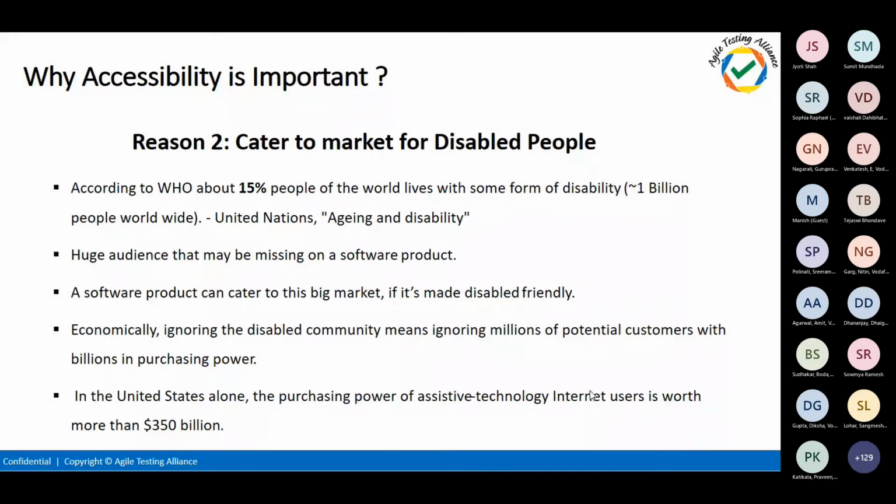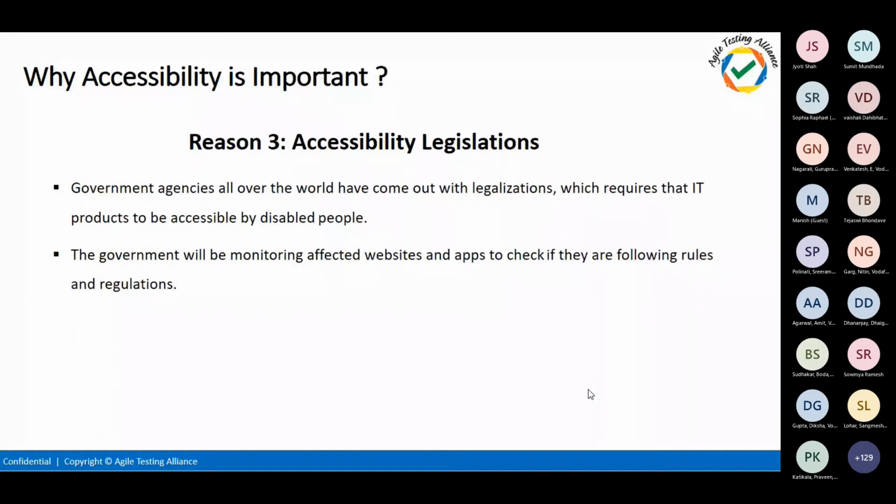The software we have has a big market, because lots of specially abled people are educated and willing to access the internet, but are not able to. That's the challenge people are looking to solve. And a report states that in the US alone, these internet users are worth almost 350 billion dollars.